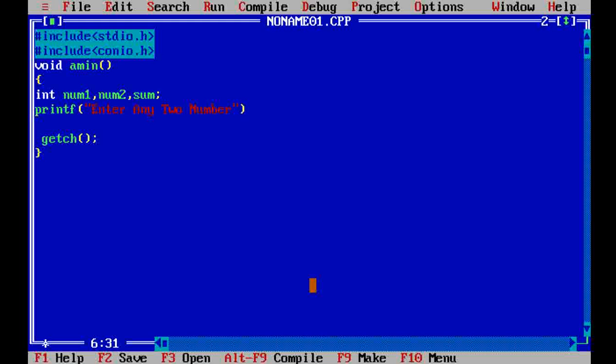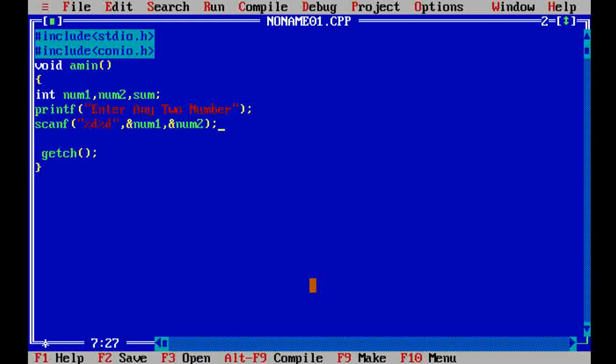So we put one message on screen, enter any two numbers, and after reading this message we enter the two numbers through our keyboard, and those values are assigned to our variables, that is number 1 and number 2.